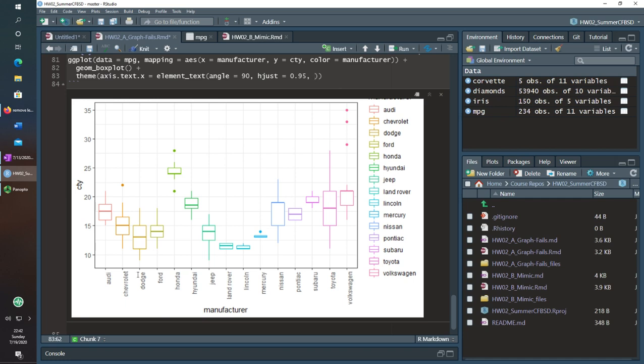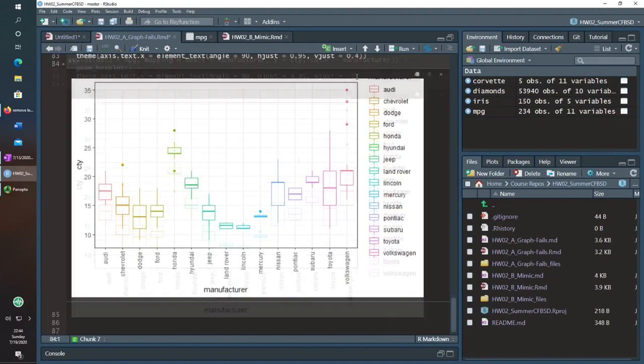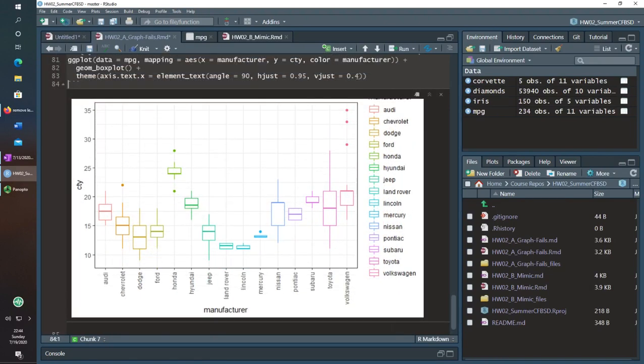You can also see that it's a little bit off, so I want to adjust the vjust as well. I might play around with this, so there might be a cut, and there indeed was a cut, so I adjusted it to 0.4, so that again is changing the height value. So I wanted to go 0.4 from the bottom.